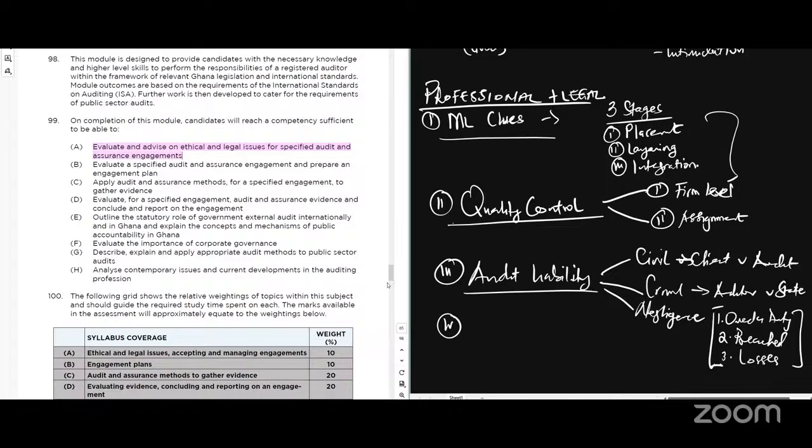Then the next thing is you have to know what ways to overcome audit liability, right? After that, you're also going to look at practice management, or let's say audit advertising. That's also a professional issue. The whole thing about advertising is 1, don't badmouth other auditors. Don't give unsubstantiated claims, like saying we are the best auditors there is. You cannot prove that. You can say we have won the following awards.